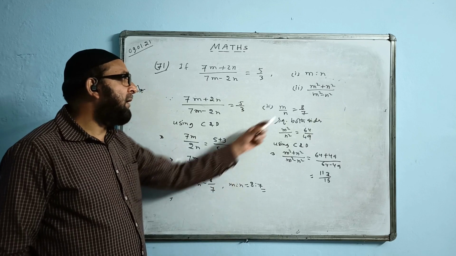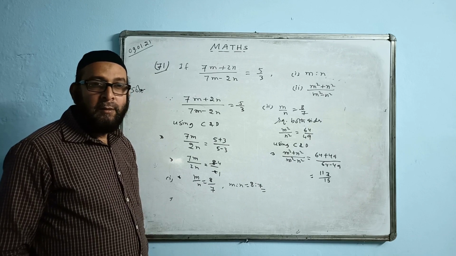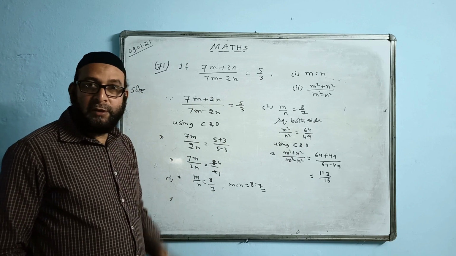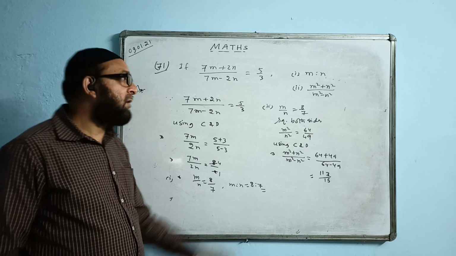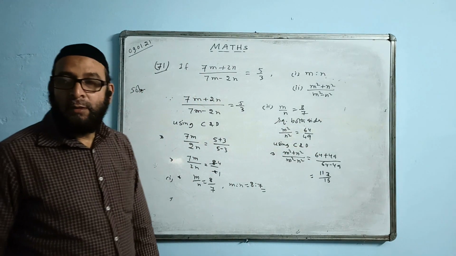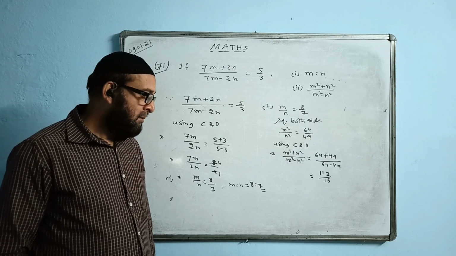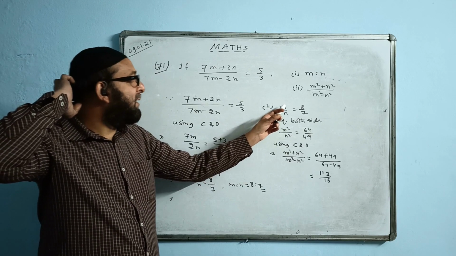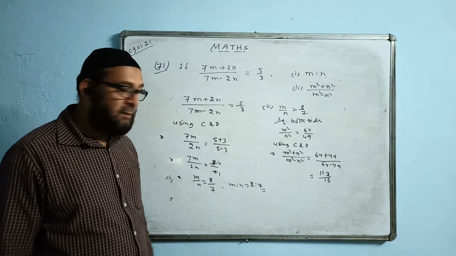No, like that an answer will come, but m value you cannot take as 8. You are taking a value as 7 square, that is 49. No, that is because they are ratios, so we cannot take them as equal. Otherwise they would have been equal. They are not equal. Don't take it that way, it will become wrong, you will not get marks. Understand? You cannot take a equal to 8, a equal to 7 like that. That is the wrong method, you have to do like this.